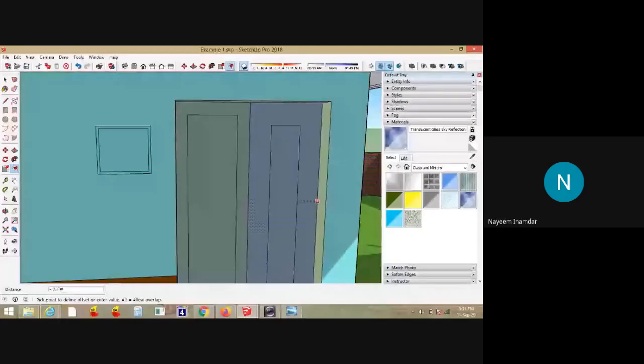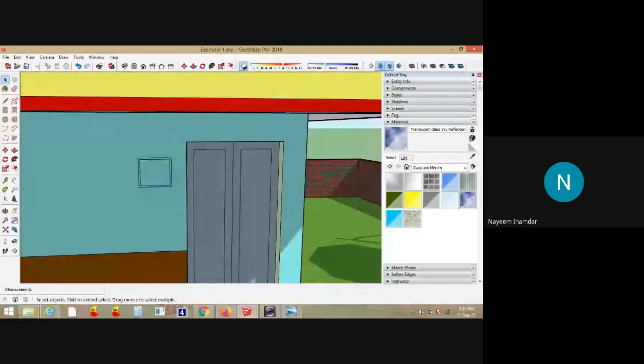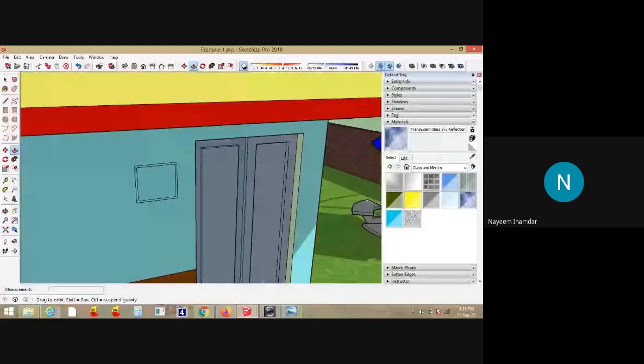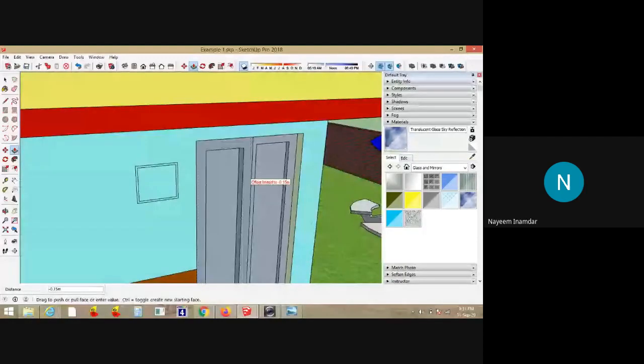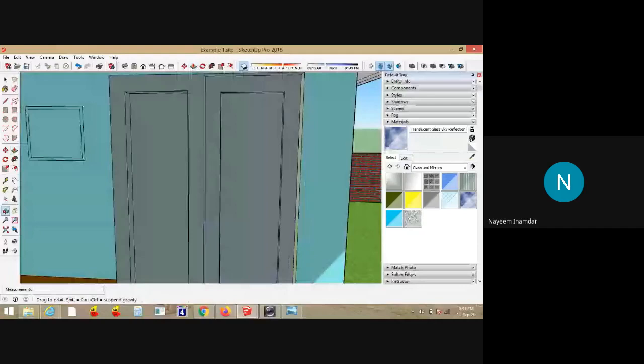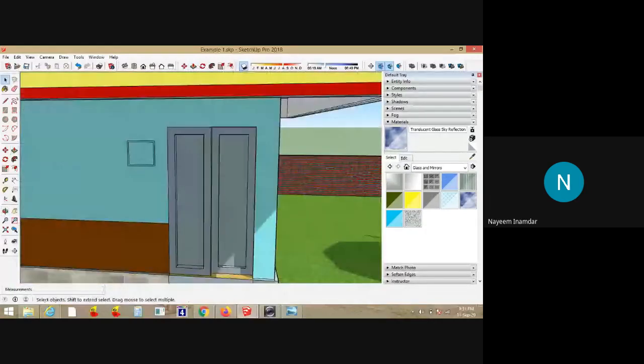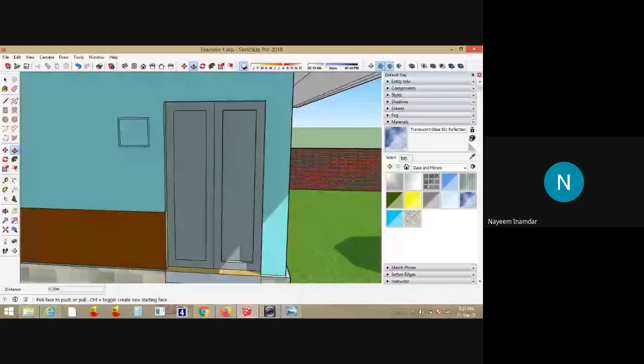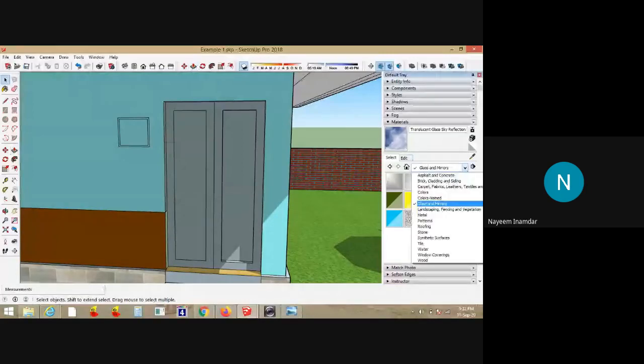Here also I'll take 0.1. What I'll do, I'll just extrude the faces with the push pull command, 0.05, 0.05. Here for panels, you can give different colors, so this will become the door. So I have drawn only a simple door. You can draw it of your choice.